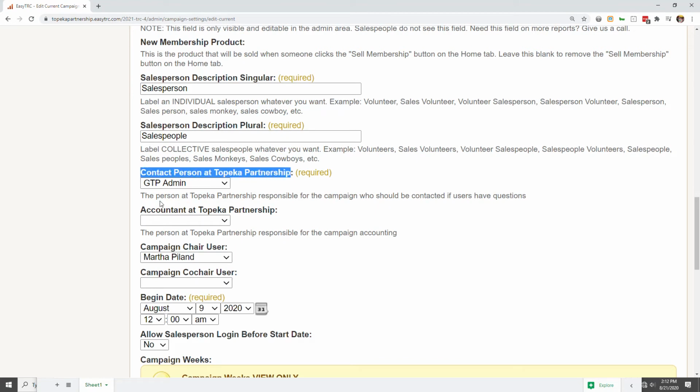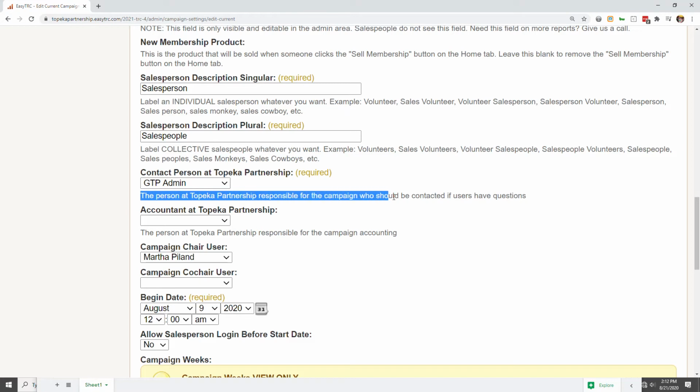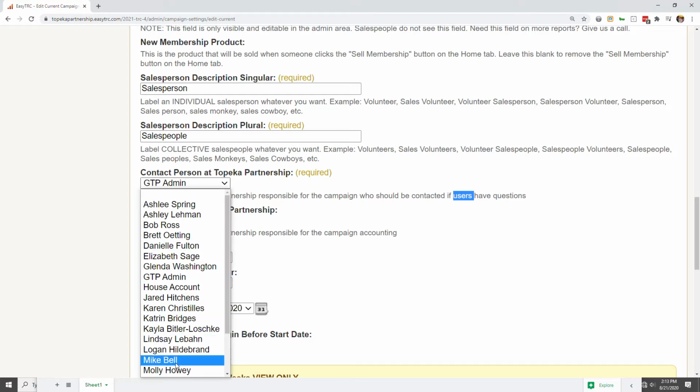Contact person at Topeka Partnership, the person at Topeka Partnership responsible for the campaign who should be contacted if users have questions. That also should mean if any consumers have questions, so that's what goes in the bottom of the email. Now this list of people that's in here, in this campaign we've got the Greater Topeka Partnership admin, GTP admin. Obviously that's not a human's name, but there is probably a human behind that, and there's an email. I think it's trc at topekapartnership.com. There's also this house account, but in this case there's a person named Rosa that we need to make